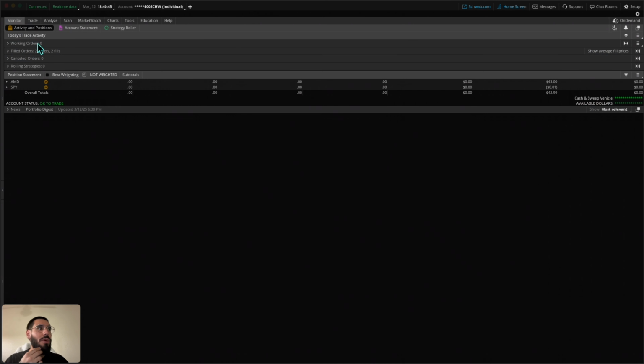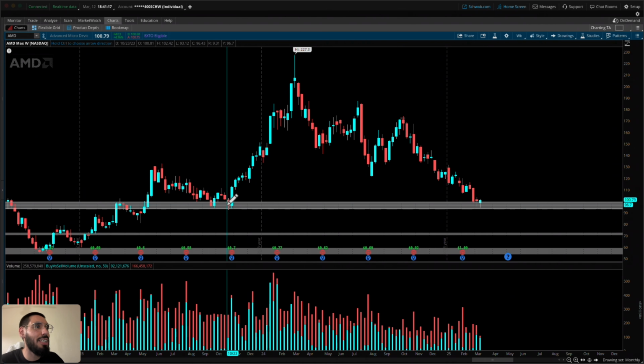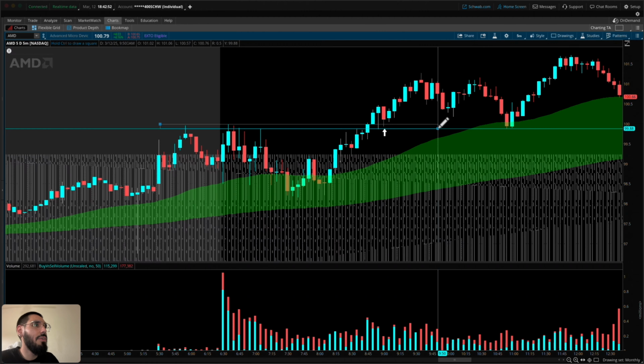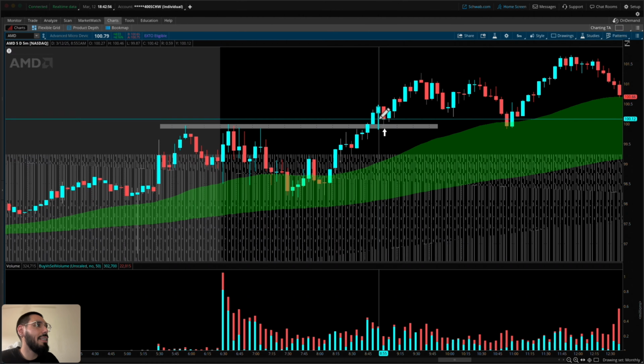So you guys can see my P&L right here on my monitor setup. I took an AMD trade. You can see it bounces and rejects perfectly. This is on the weekly time frame. And here we are, bouncing on it one more time. You can see this is the breakout candles, and then this candle is the retest. So whether you entered here,